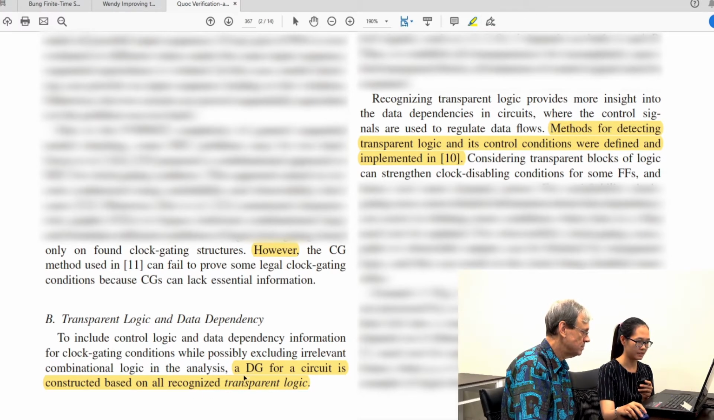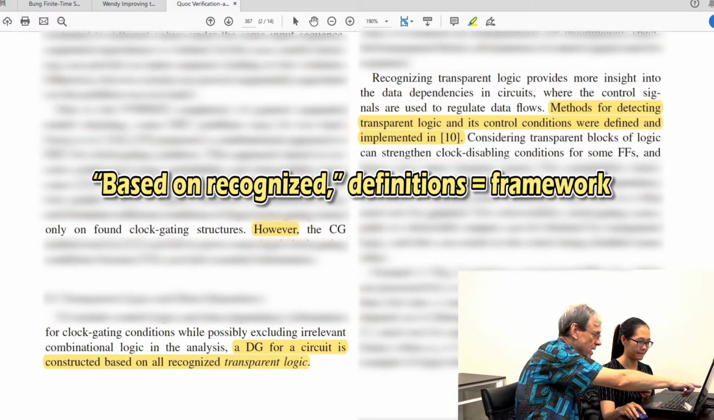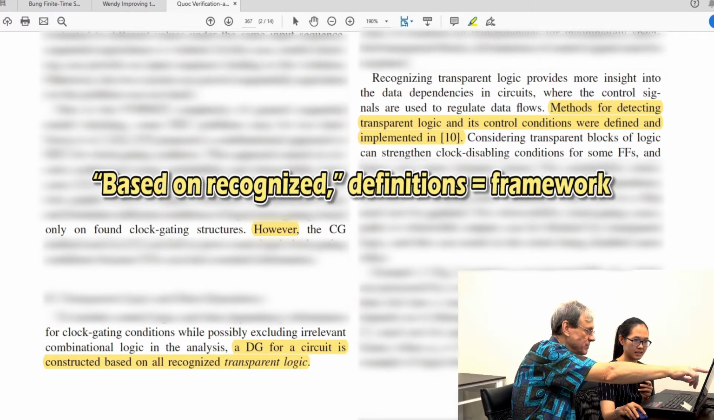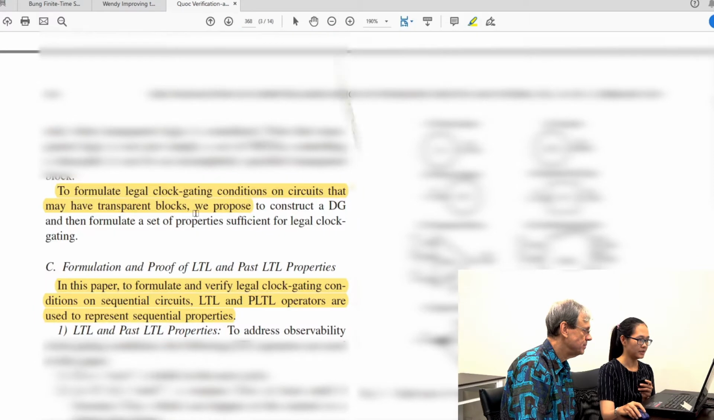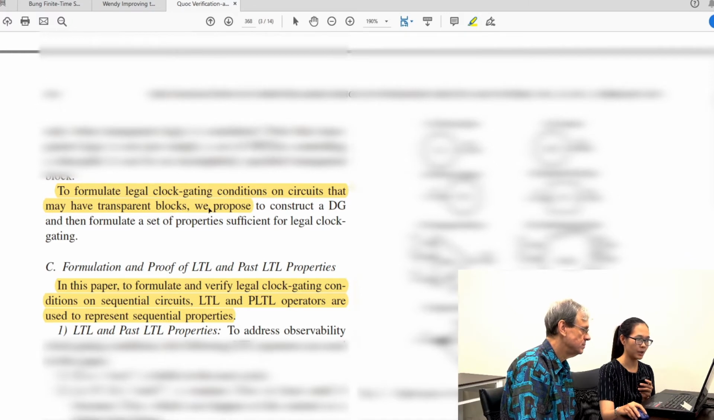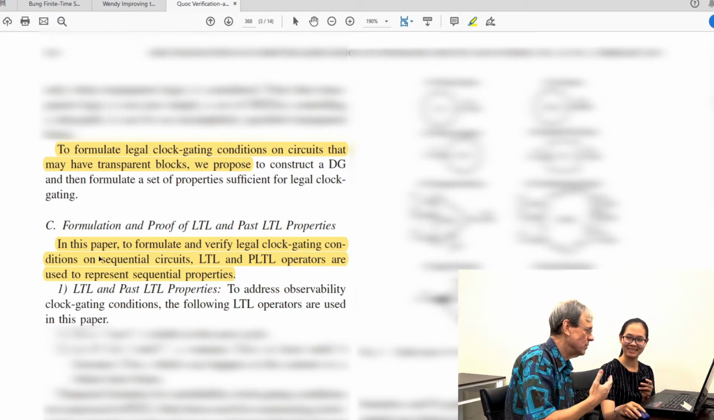We can see in this paper they talk about recognized transparent logic, and also mention previous work that has been implemented. So again, you have things like "it's based on recognized," so we're basing it on something that's known. And here we're talking about definitions. Those are typical parts of framework. And also here one paragraph talks about the research goal. So they say "we propose." It restates the research goal